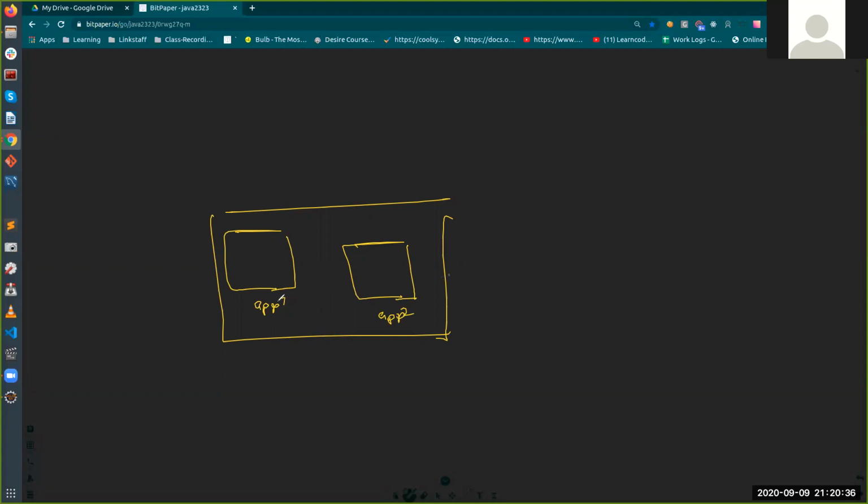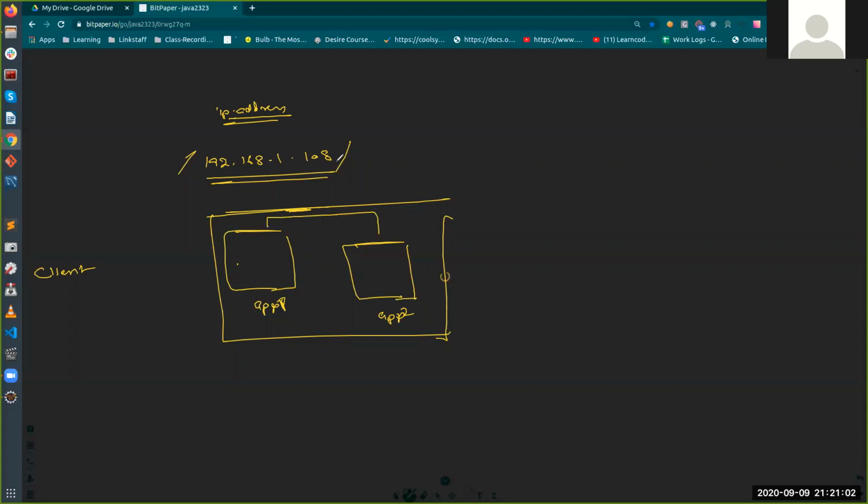Now, if the client makes a request to this application, and suppose this server has an address like 192.168.1.108, the client is calling it with the IP address. IP address is a computer address, right? So now this will point to this server, but there are two applications.